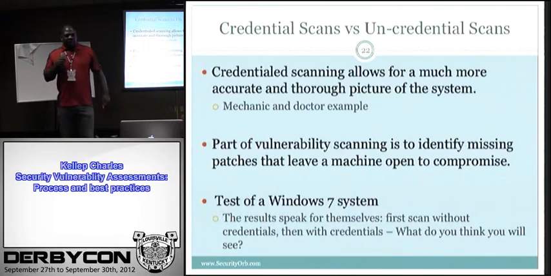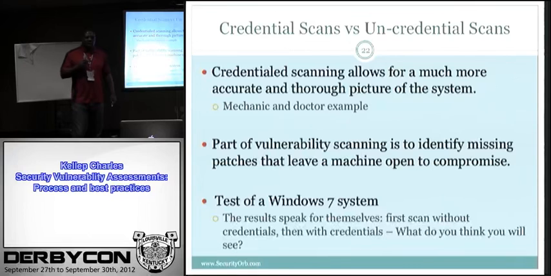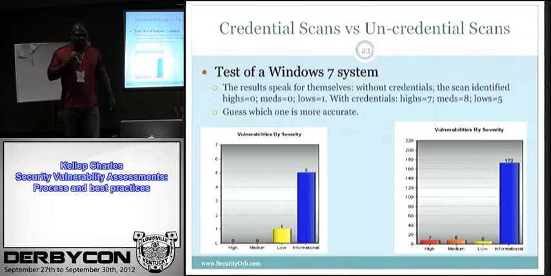So before I came here, I ran a quick little test. As I stated earlier, most systems have anywhere from 20 to 30 applications on them, but this particular test was done with a clean, vanilla Windows 7 install. Basically, I did an initial scan without credentials, then I followed up with credentials. The result was, on the initial scan, 0 highs, 0 mediums, 1 low, and 5 informational. Two minutes later, when I ran the credential scan, it came up with 7 highs, 8 mediums, 5 lows, and